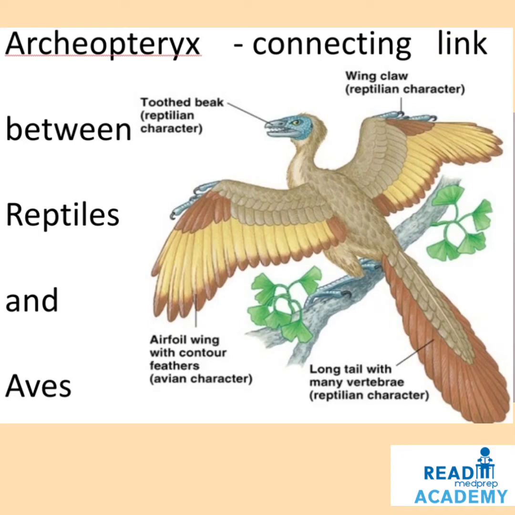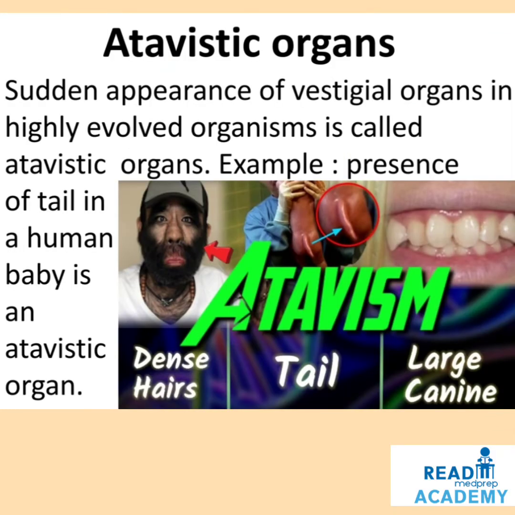Long tail with many vertebrae, which is a reptilian character. Atavistic organs: the sudden appearance of vestigial organs in highly evolved organisms is called atavistic organs. Example, the presence of a tail in a human baby is an atavistic organ. In the image you can see some atavistic organs like the dense hairs, the tail in humans and the large